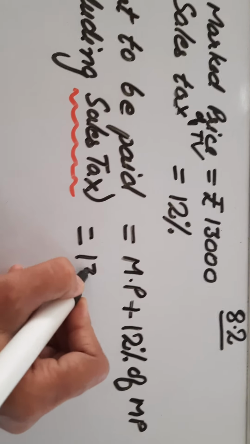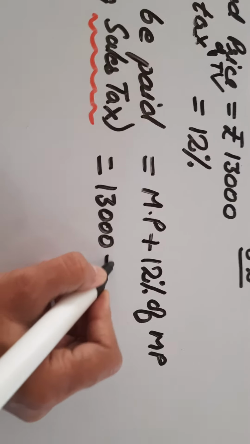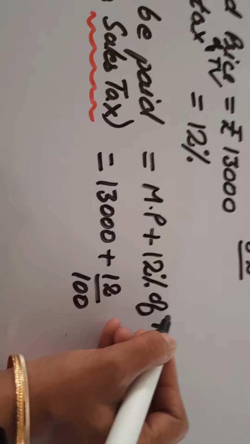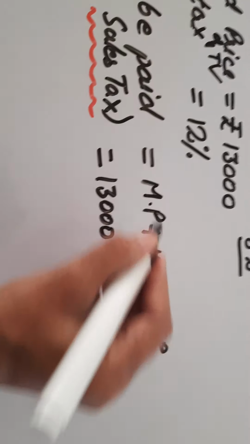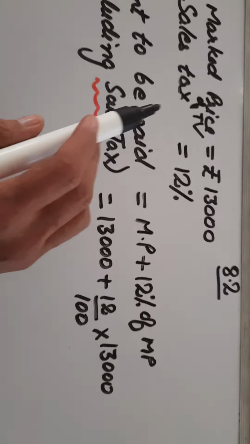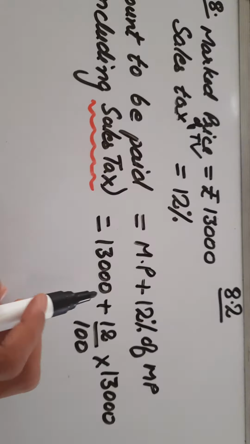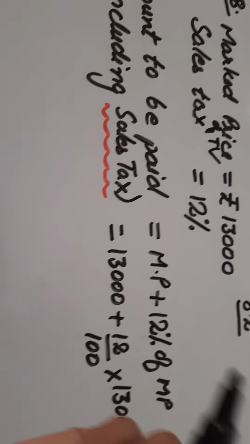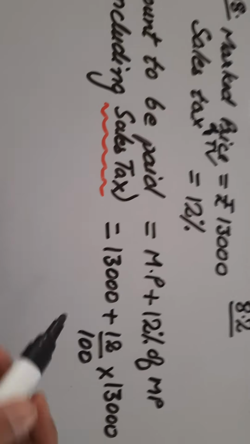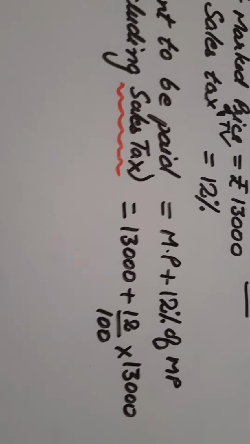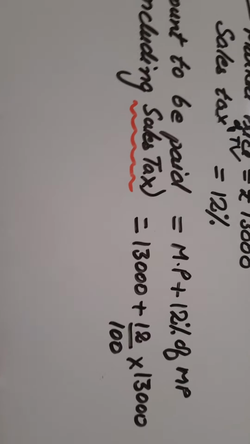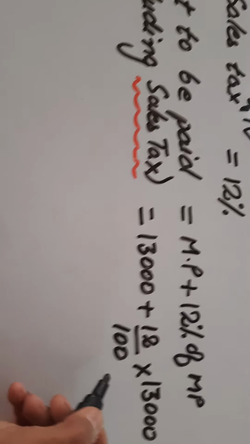Right? So let us put the values. What is the marked price? It is 13,000 rupees plus 12 per, means divided by, cent means 100, of means multiply, and again 12% of the marked price. Always remember, we will add the tax. टैक्स हमेशा ऐड करके पे करते हैं, डिस्काउंट हमेशा माइनस किया जाता है, because discount makes the thing cheaper and tax makes the thing expensive. But as a citizen of our country, we have to pay the tax. We should pay the tax. So let us calculate it.